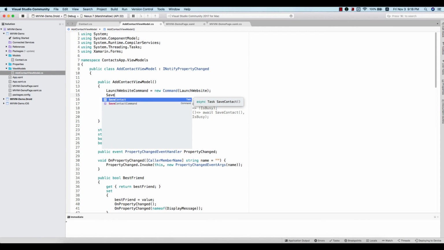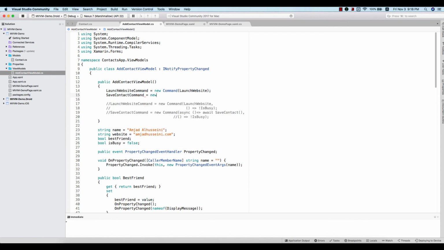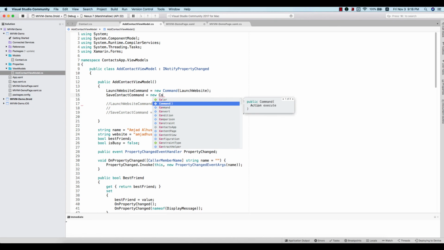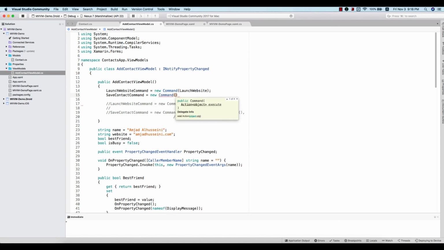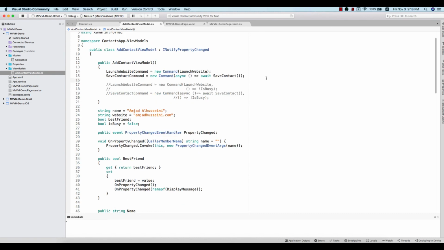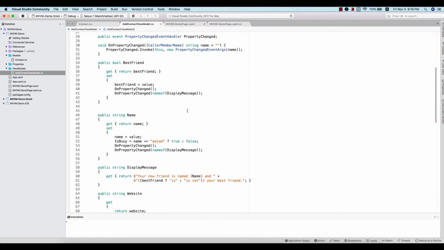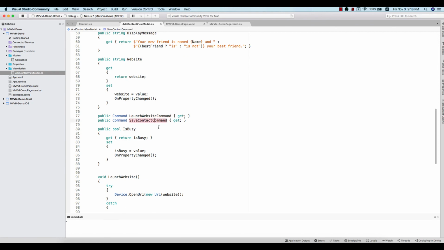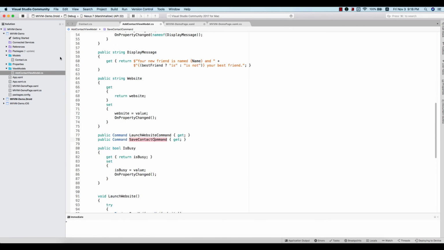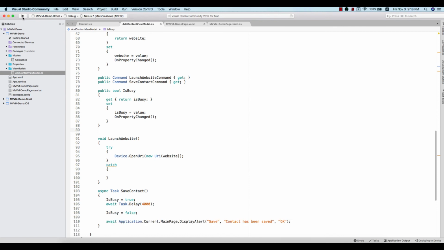And if we also want the save contact command, we can say new command. And since it's an asynchronous one, let me just say async await save contact. That way, we are initializing the commands from the constructor. And by doing that, whenever we trigger these commands, they are initialized and they have an action. Okay. So if we run the app,